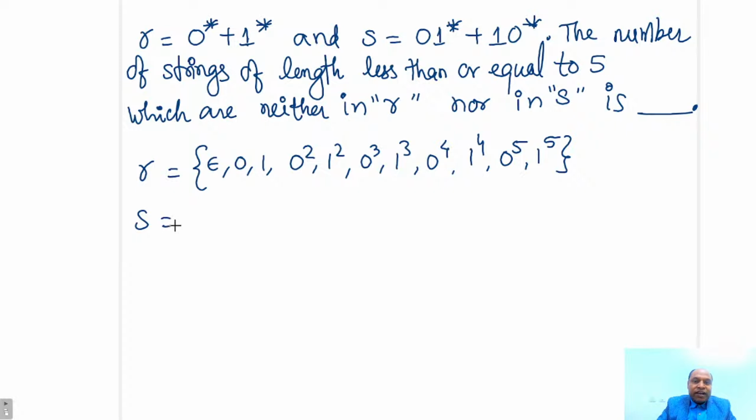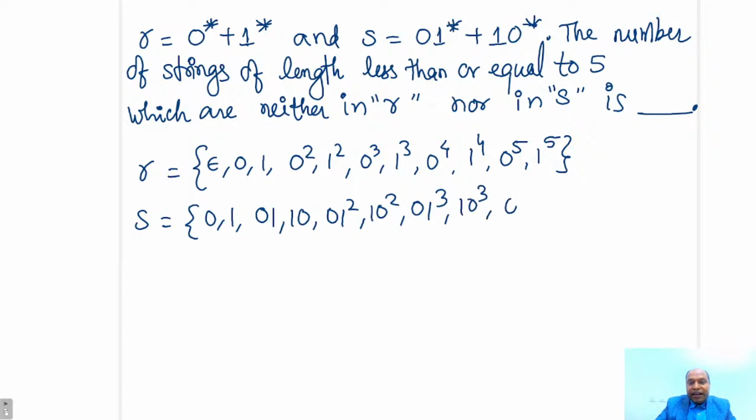Now for S, what will you get? Minimum 0 or 1: 0, 1, 1, 0, 0 1 square, 1 0 square, 0 1 cube, 1 0 cube, and 0 1 to the power 4, 1 0 to the power 4. So these are there. Now the question says the number of strings of length less than or equal to